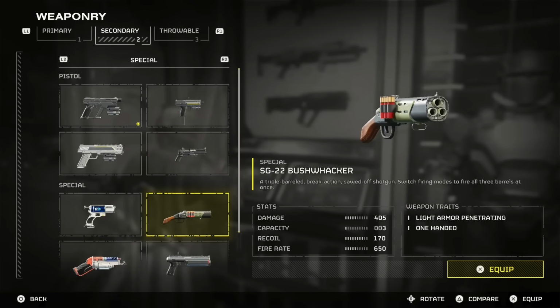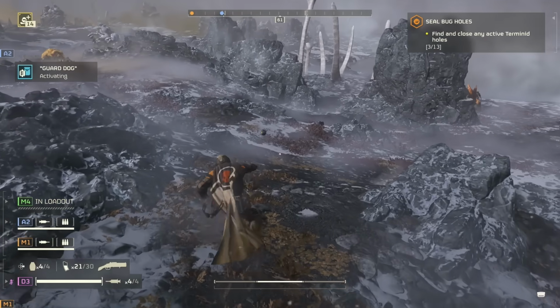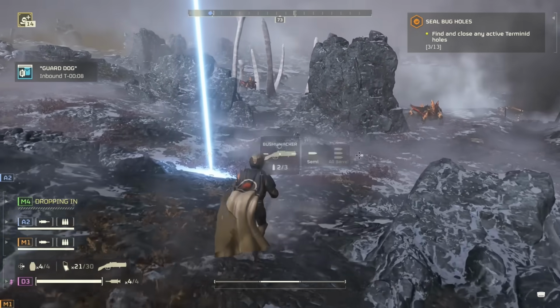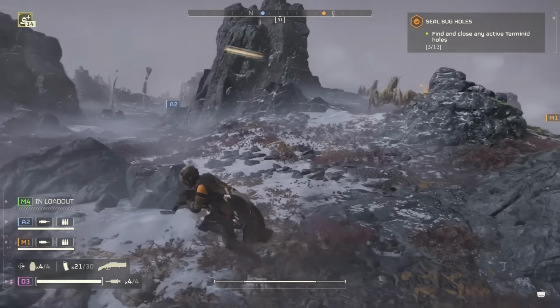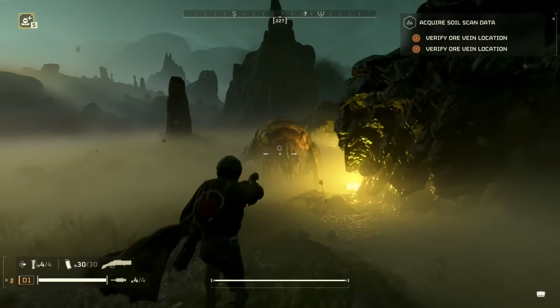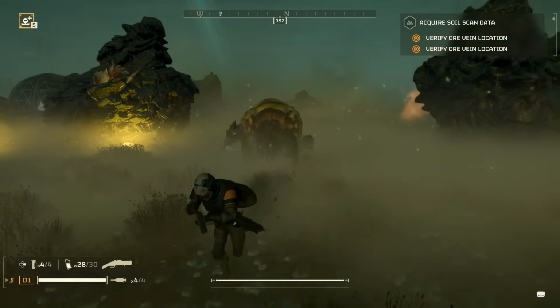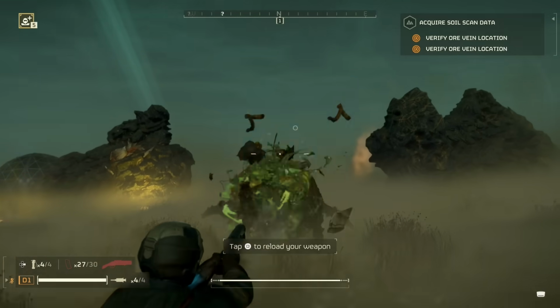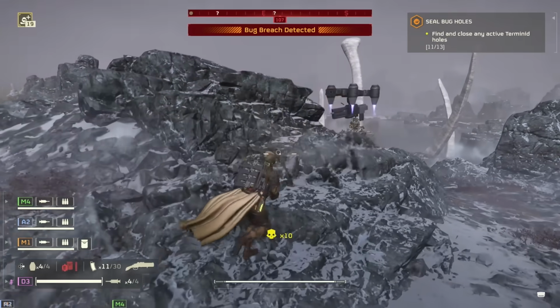But let's move on to the SG-22 Bushwhacker, and this is a sidearm shotgun with 3 bullets and the ability to mod it so that you can either fire them off separately or all at once. And this one is solid versus the bugs. It can pack a punch no matter how you decide to mod it, and although I tend to find the single fire mod more useful, I do like that you can use the 3-shot to make quick work of the bigger enemies such as the bile spewers,